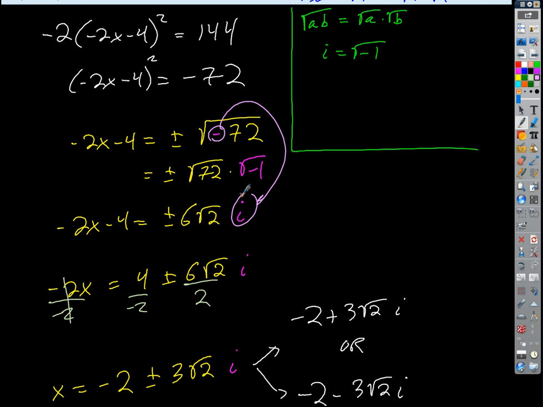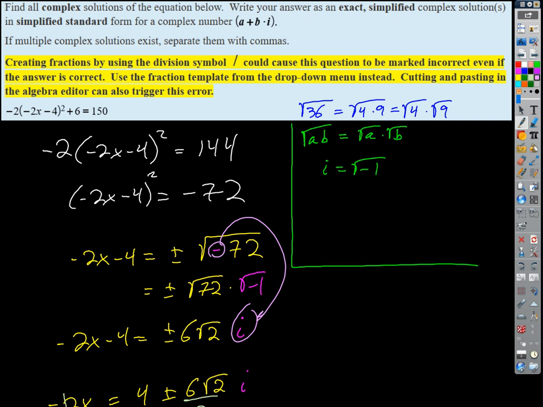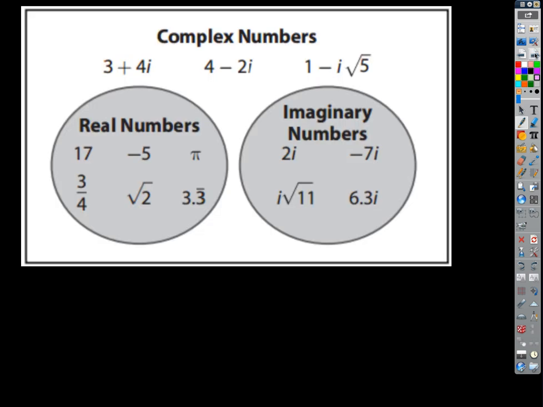But we see that there's a need for this. We are going to get these complex numbers that have these imaginary parts in them. So let's talk about that a little bit. What's this all about? Everything you've ever done in your whole life in math has resided inside this one set called real numbers. You've never dealt with anything other than that. And that's fine. Most of the stuff we do in everyday life